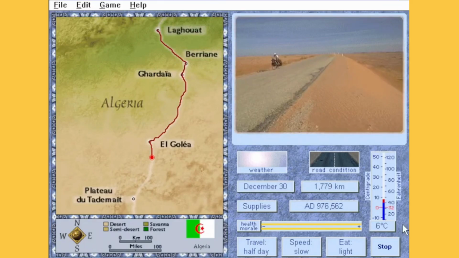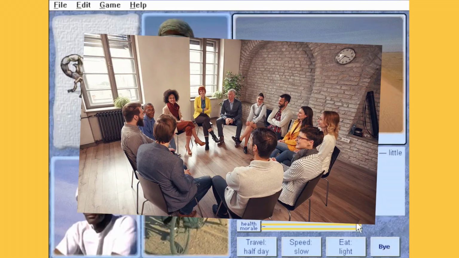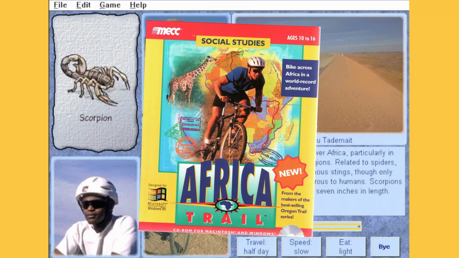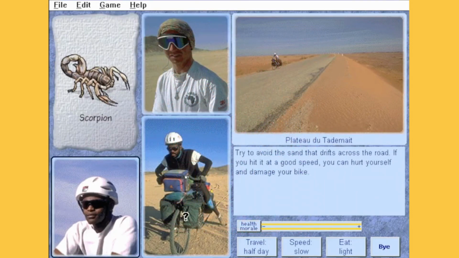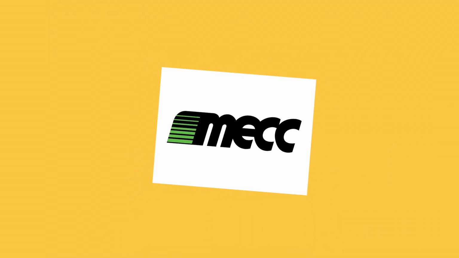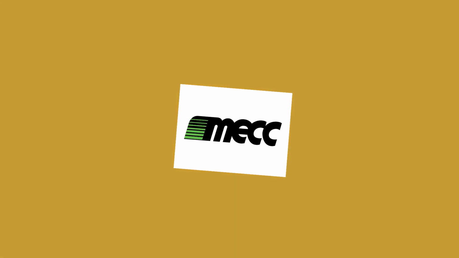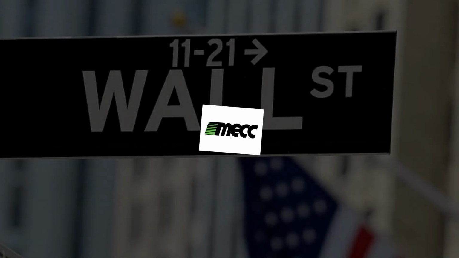This game was originally named Africa Trek, before a focus group they had hired suggested that it be altered to Africa Trail, as well as have them carefully go over each and every detail to ensure another Freedom kind of incident never happened again. Sadly, their untimely fate didn't lie in applying political correctness fairly, or continuing to provide good educational content for many years to come. No, it lied with capitalism.